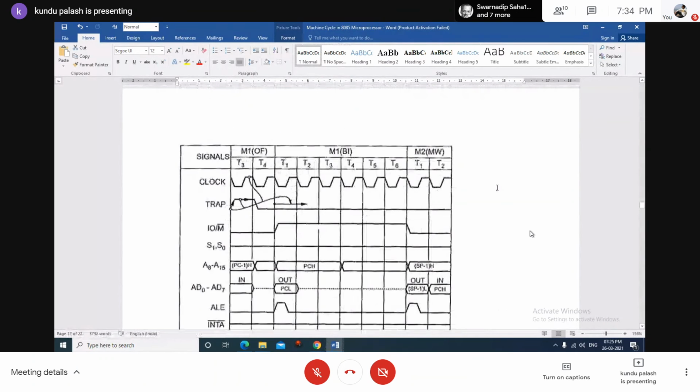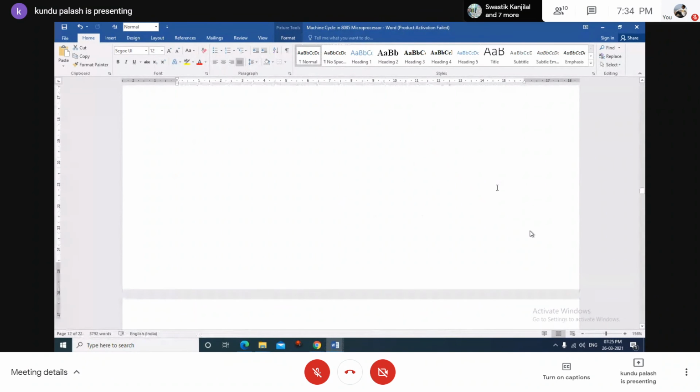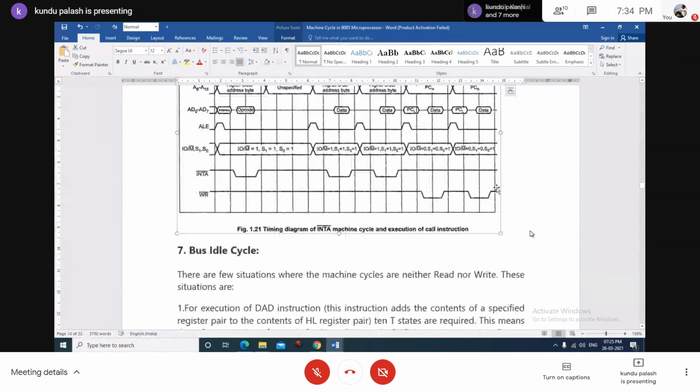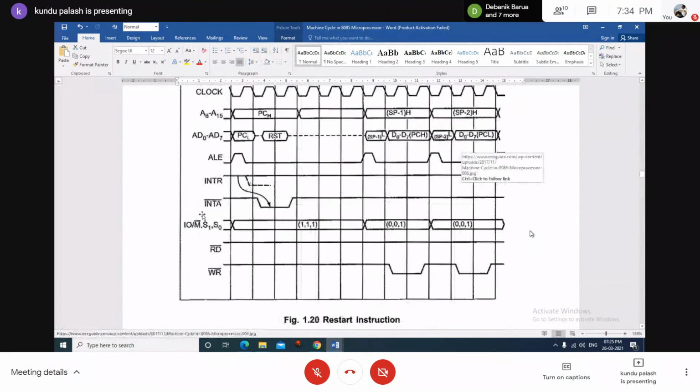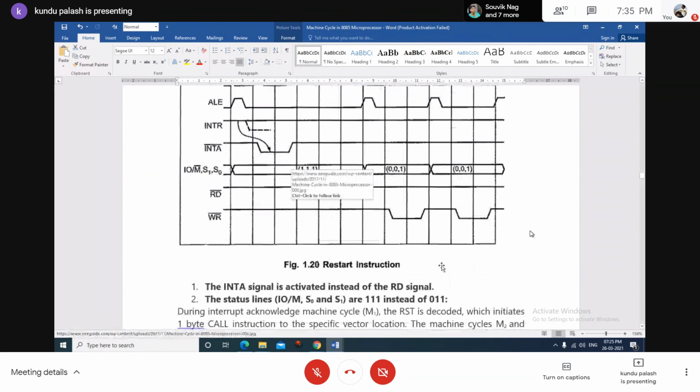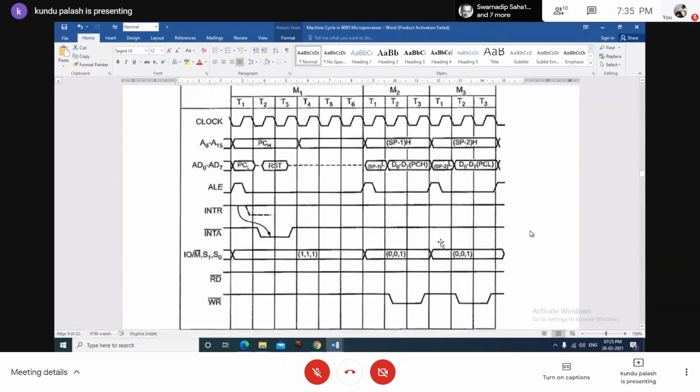But for interrupt processing, this is the interrupt acknowledge machine cycle. In case of an RST operation, restart operation, only the interrupt acknowledge machine cycle will be generated, but it is not required for the interrupt signal. It is required, that means the microprocessor is processing the vector address signal. So that's why the INTA will be generated, that means negative logic, active low. So these are the restart instructions RST 0 to RST 7, as well as